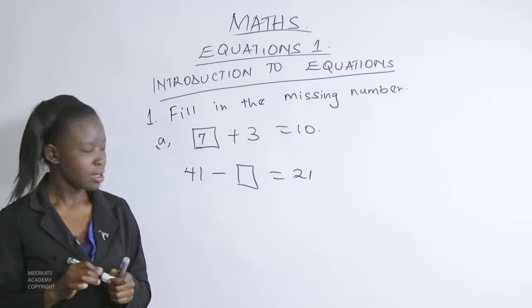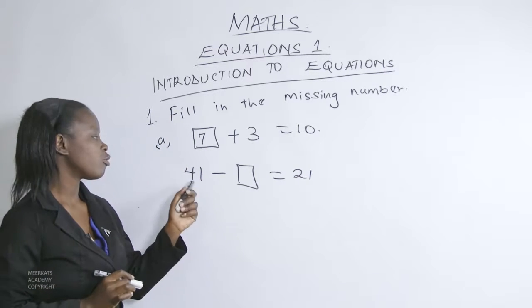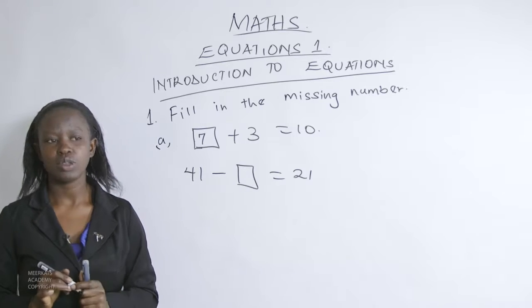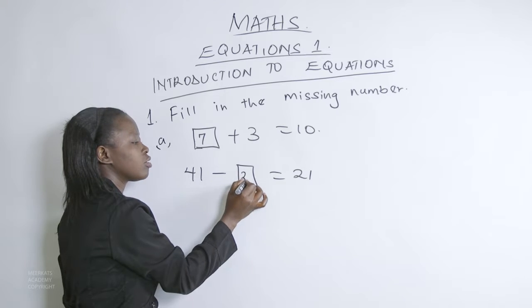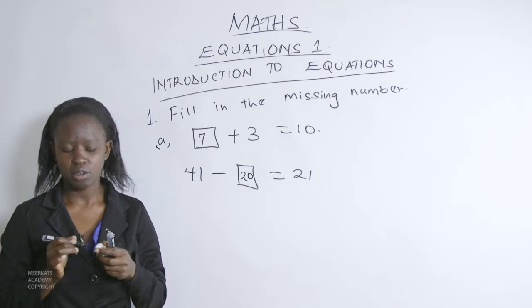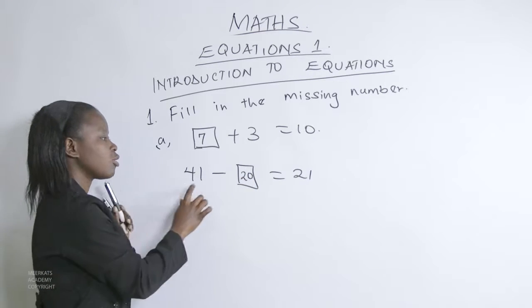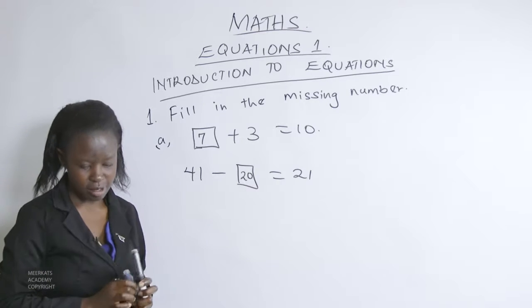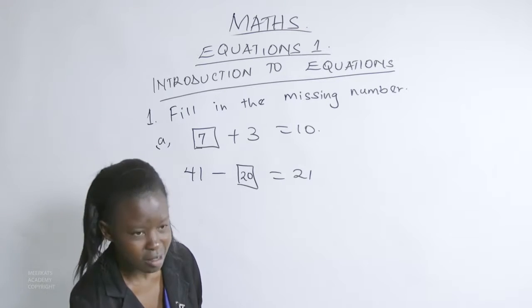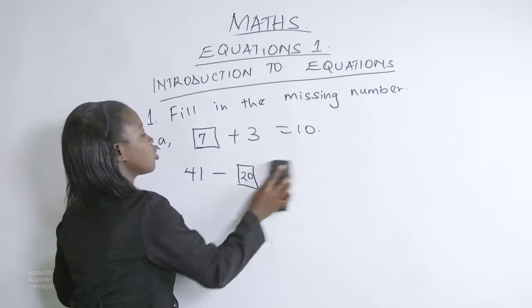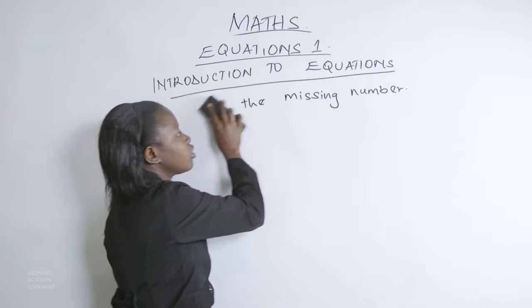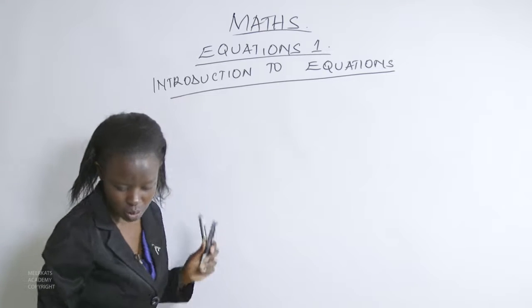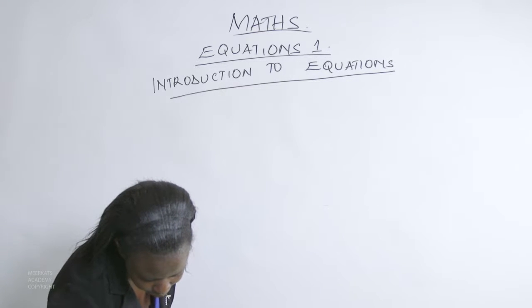there is a number. If I subtract the number from 41, I'll get 21. So this means that 41 minus 20 gives us 21. That is the first question that we need to work out. The second question we have is,